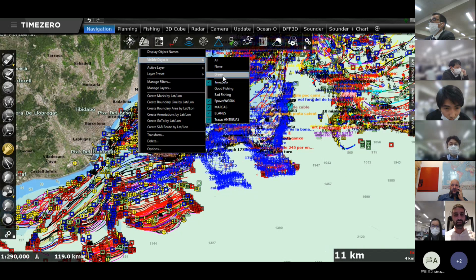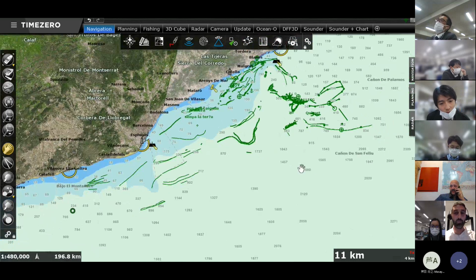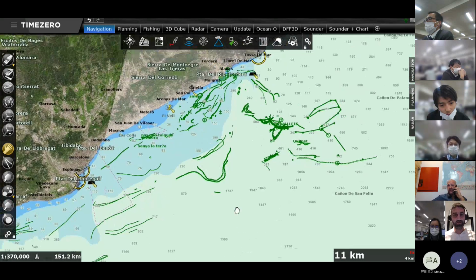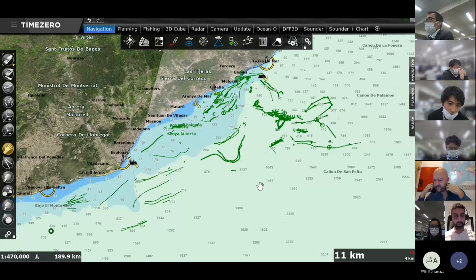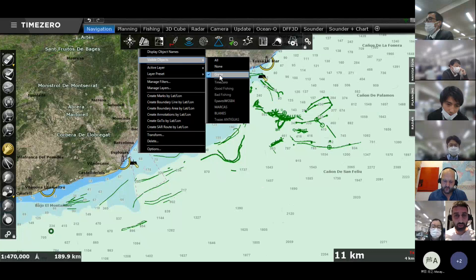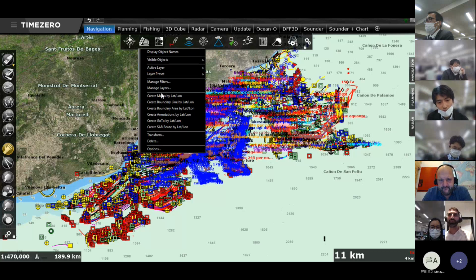And basically, if I click on this green filter now, you will see that very easily and very powerfully, TimeZero is now displaying only the green data on my database. Okay, so that's a very, very powerful concept. I can actually show you another nice filter that you can do. You can filter data by date. And this is also very powerful for fishermen to be able to say, okay, I only want to display data from a specific year, for example.